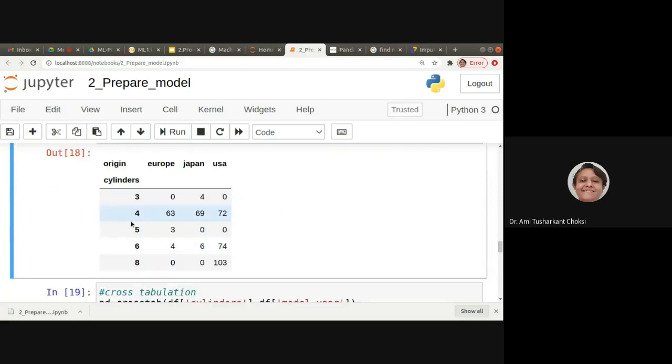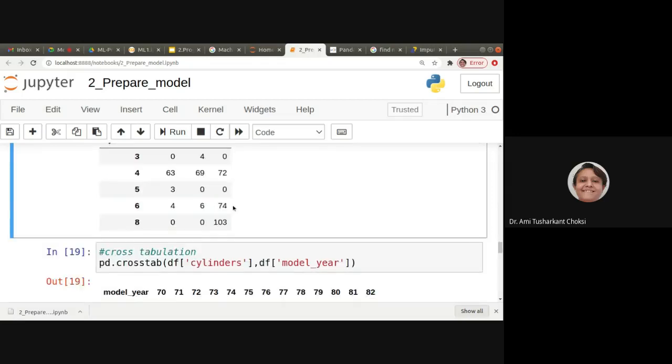For cylinders we have 3, 4, 5, 6, 8. So when cylinders is 3 and the origin is Europe, what is the frequency count? It is 0. For cylinders 3 and origin Japan, the count is 4. For cylinders equal to 3 and origin USA, the frequency count is 0. That's what it is finding.